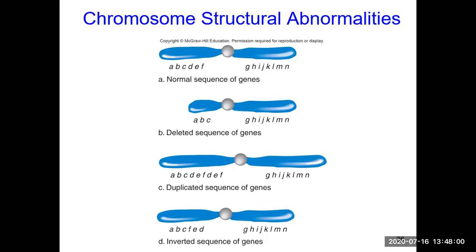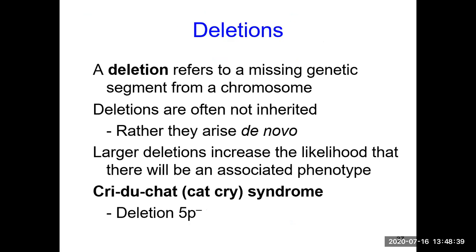Okay? Now, chromosomal structural abnormalities. In order to understand this, imagine this as a normal chromosome with a normal sequence of genes. This is the centromere. On this side, you have A, B, C, D, E, F, and on this side, you have G through N. So a deletion in the chromosome would look like this. That means the DEF part got deleted. A duplication means, let's say ABC, the DEF part is duplicated. Inversion means ABC, instead of DEF, it got FED. So these are different structural abnormalities where a part of the chromosome can get deleted, you can duplicate something, or you can make it in the reverse order.